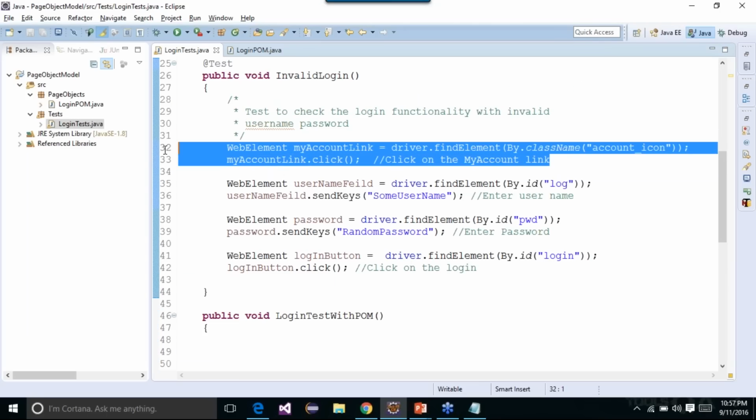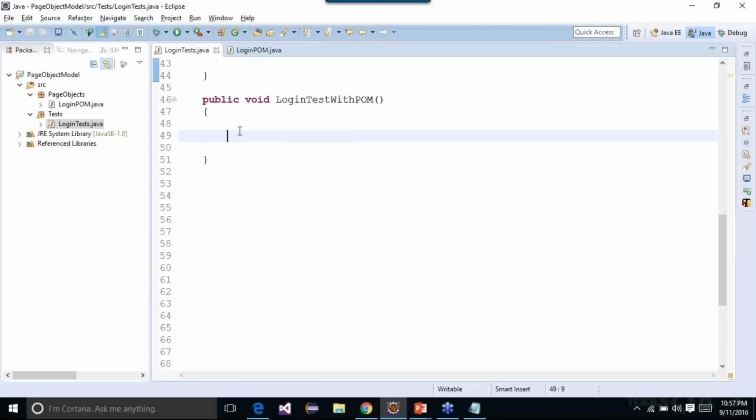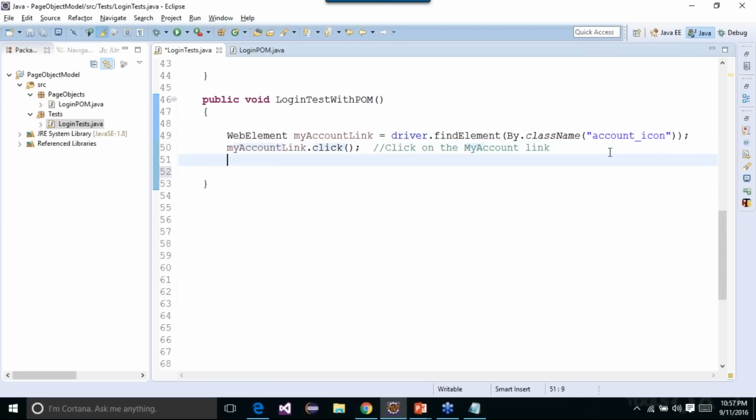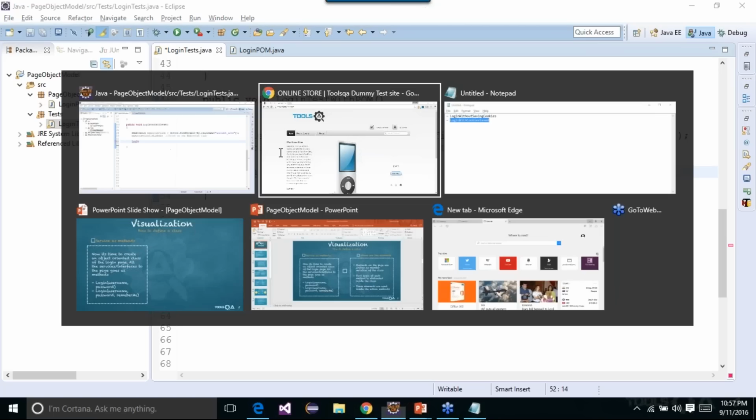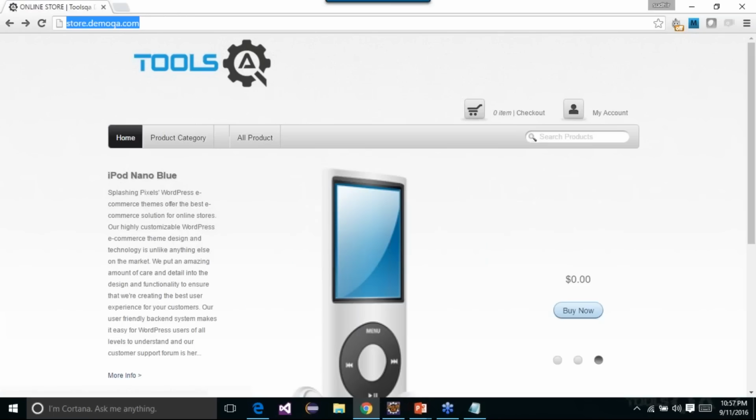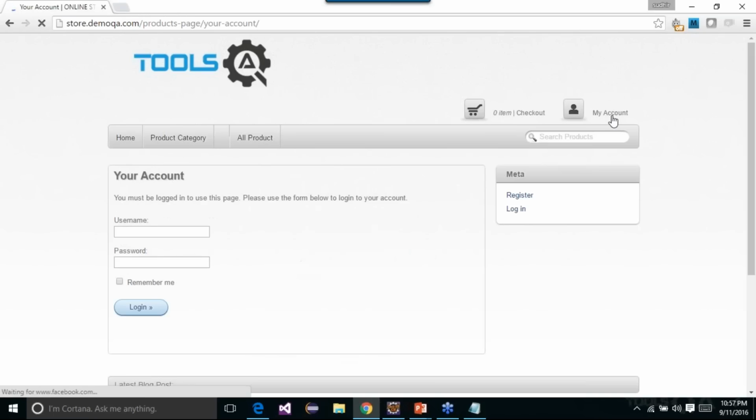I want to click on the My Account link. So in the test, I would simply copy the code. I will click on the link. And once I click on the link, I want to log in, right? So all I would do is that now coming back to the application, once you click on the link, you know that you will reach the login page, right? You are there on the login page. So all you have to do is,